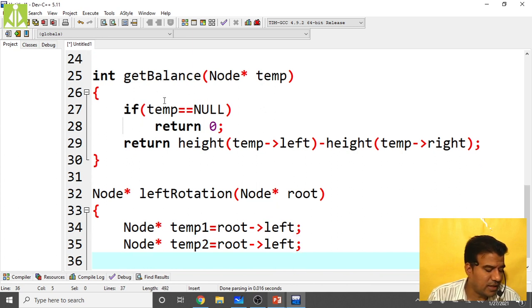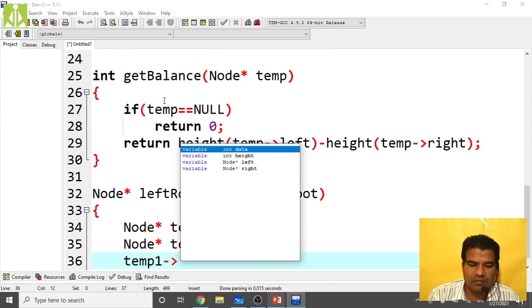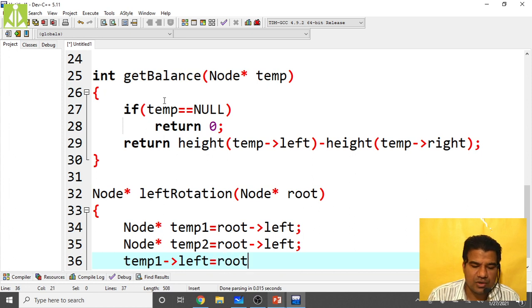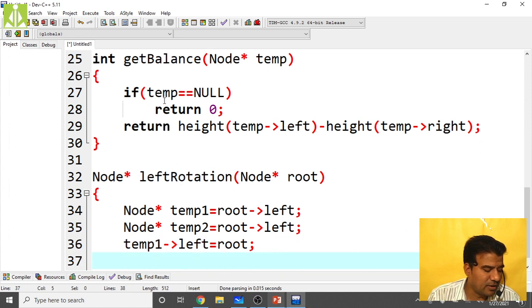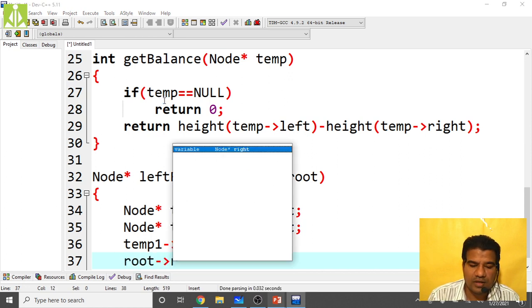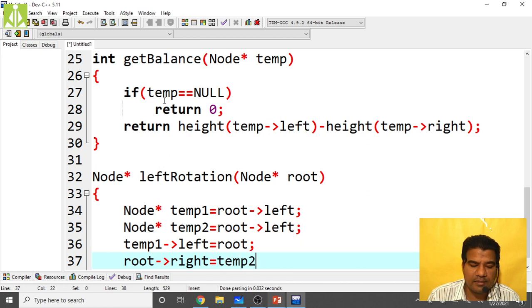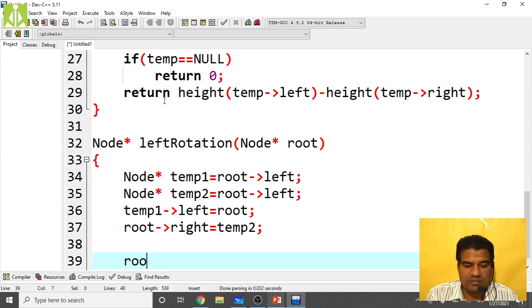Then temp1 of left equals to root, and then root of right equals to temp2. Like this we do some corrections.